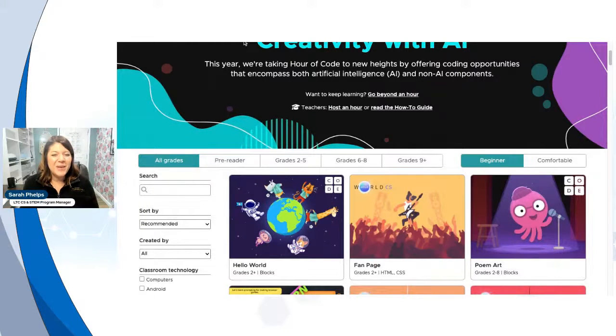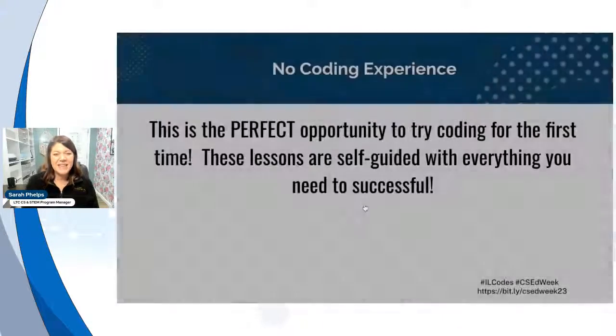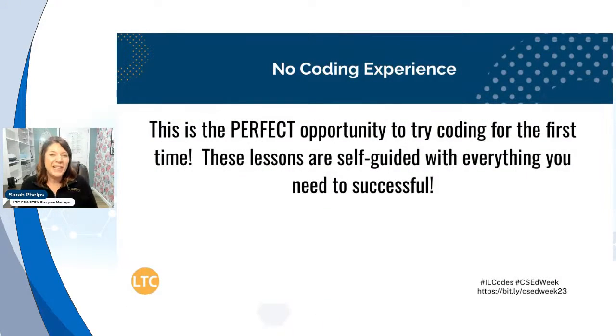All right, let's go back to the other ideas of how you can bring computer science into your classroom, and why you can bring this amazingly engaging and fun resource to your students. Now, remember, like I said, you don't have to worry about this not being an area that you feel particularly comfortable with. Computer science is definitely a newer subject that a lot of school districts are still figuring out.